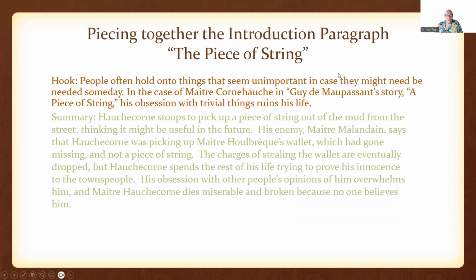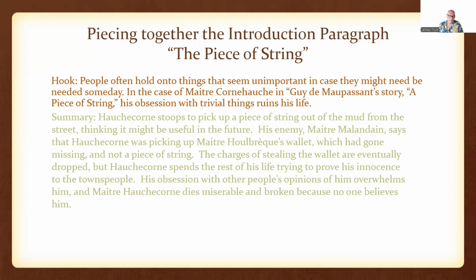Then the summary. Hoshkorn stoops to pick up a piece of string out of the mud from the street, thinking it might be useful in the future. His enemy says that Hoshkorn was picking up Maitre Holbrook's wallet, which had gone missing, and not a piece of string. The charges of stealing the wallet are eventually dropped, but Hoshkorn spends the rest of his life trying to prove his innocence to the townspeople. His obsession with other people's opinions of him overwhelms him, and Maitre Hochkorn dies miserable and broken because no one